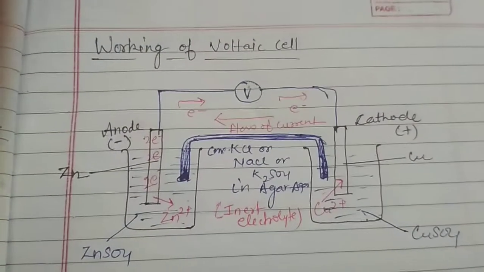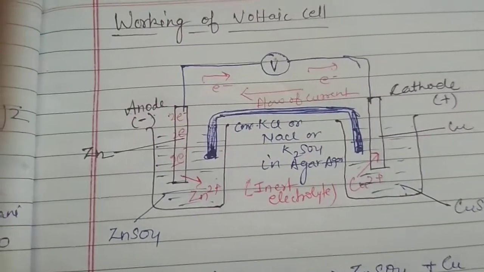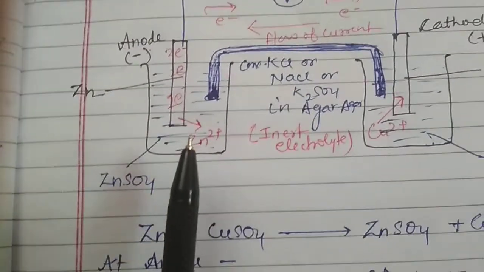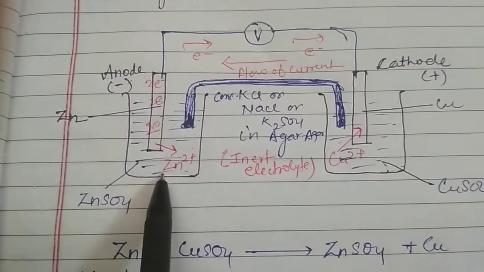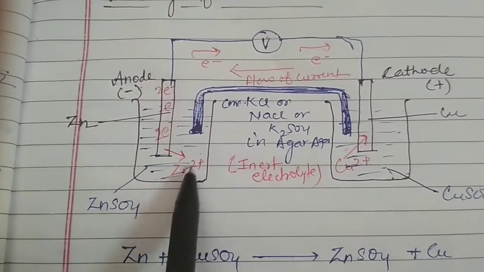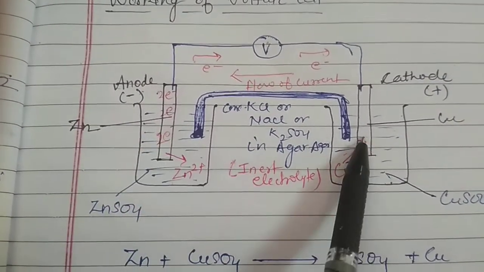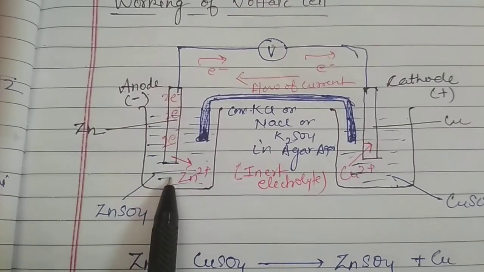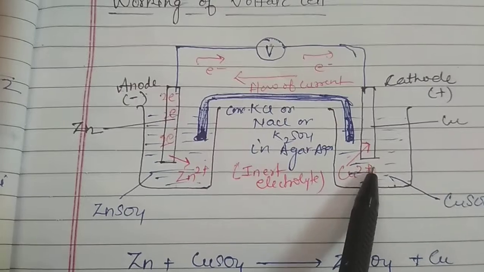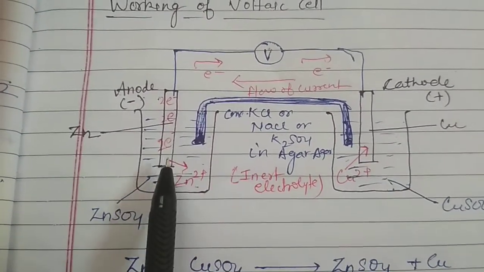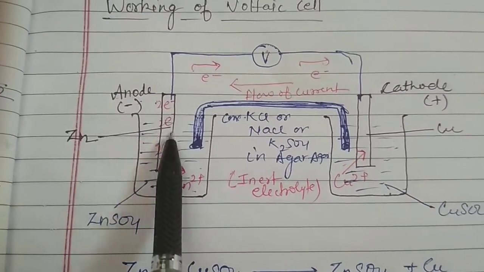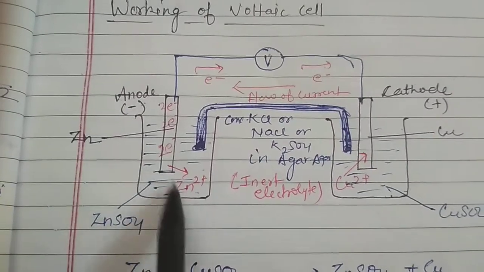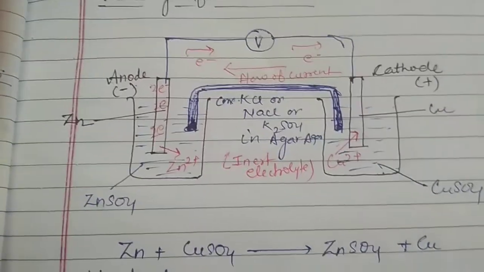Now let's see the apparatus used for the following, means we are seeing the working of the voltaic cell. So what is a voltaic cell? It converts the direct redox reaction to the indirect redox reaction. In this case we have taken two beakers, in one of which we take a zinc rod, and in the other a copper rod. The zinc is taken in a zinc sulfate solution and the copper in a copper sulfate solution. Means we take the electrolyte of the same metal as the electrode: zinc in zinc sulfate solution and copper in copper sulfate solution.